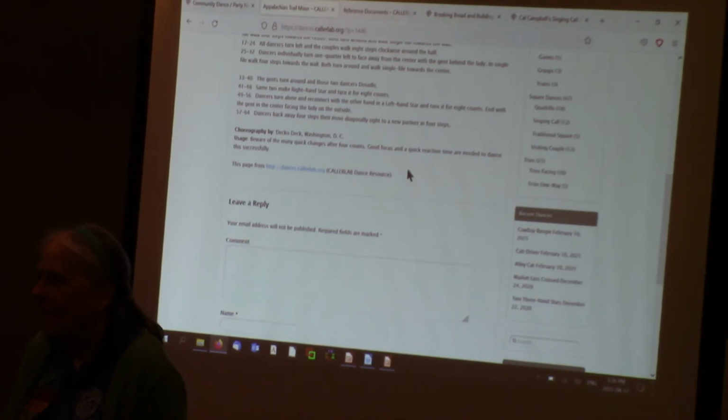Apparently we are well indexed, and the search engines are starting to see these things. Several times in the past few days, I've done a search with a search engine, and it hit the CALLERLAB knowledge base, either the dance resource or the other. My husband says that he likes DuckDuckGo much better because it's much less intrusive, with much less advertising and intrusion.